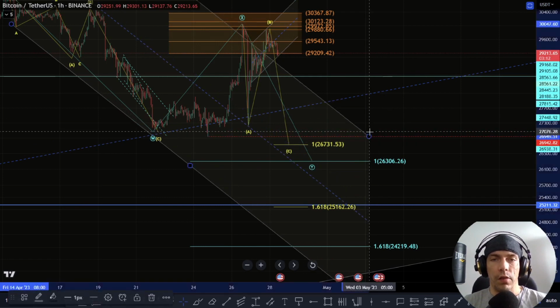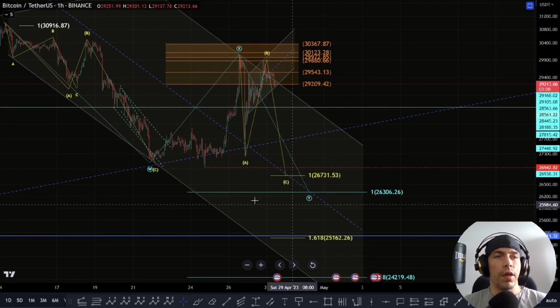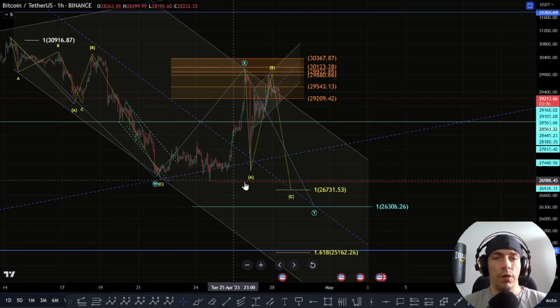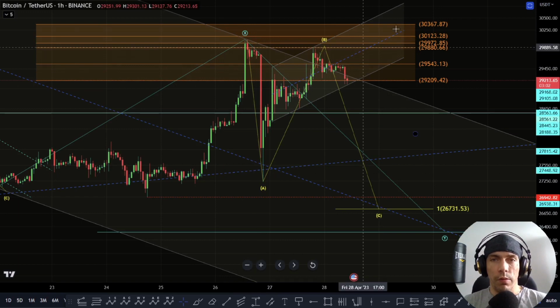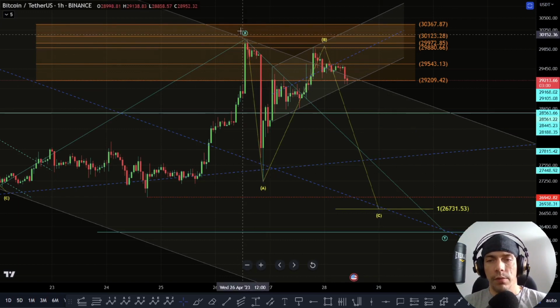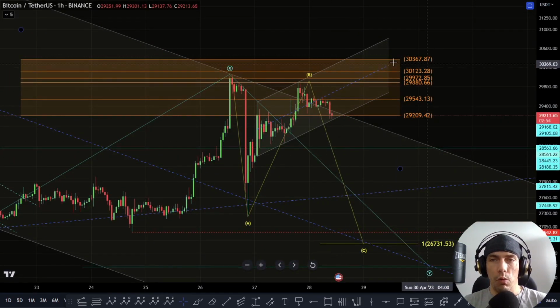Otherwise, this could be setting us up for a bigger move to the downside here. So we need to just be careful of that. At the moment, what I want to see is what actually happens off the back of this move. If we fail to take this high, I will be focusing on lower prices. If we do take this high, then potentially we might have to come up a little bit more towards this